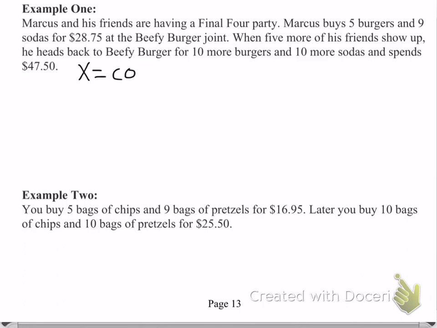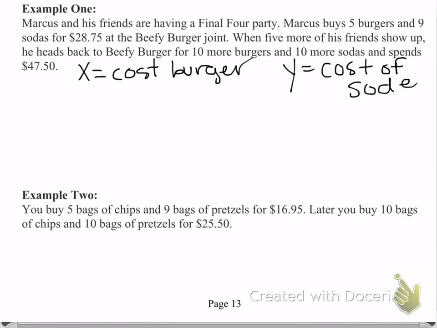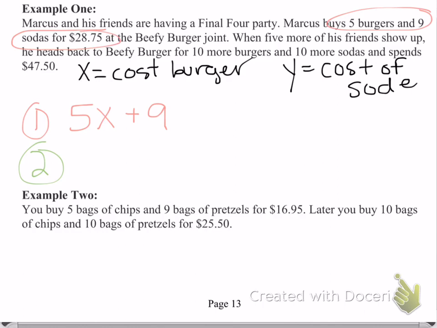So X is going to be the cost of a burger, and our Y will be the cost of a soda. So we have 2 different scenarios here: the first time he went and the second time he went. For the first time that he went, you can see that he bought 5 burgers and 9 sodas for a total of $28.75. So we have 5 burgers, we don't know what the cost is, and we're combining that with the 9 sodas that we don't know the cost of, and he spent a total of